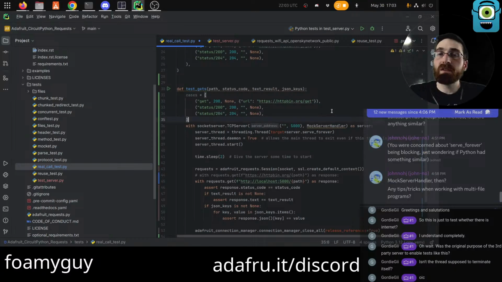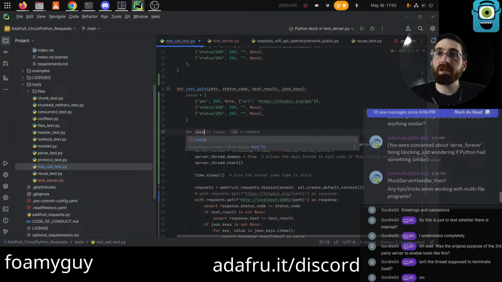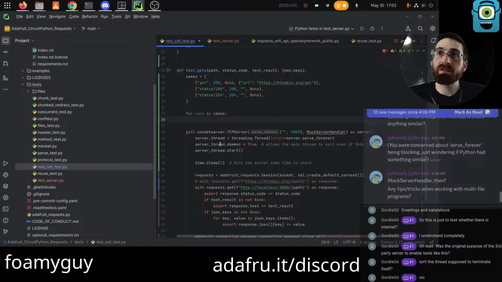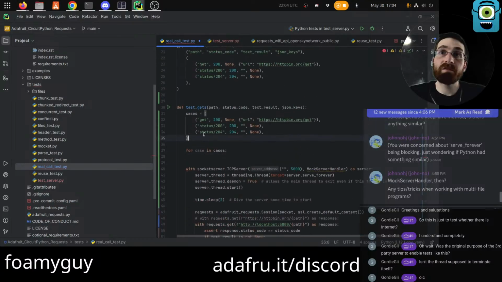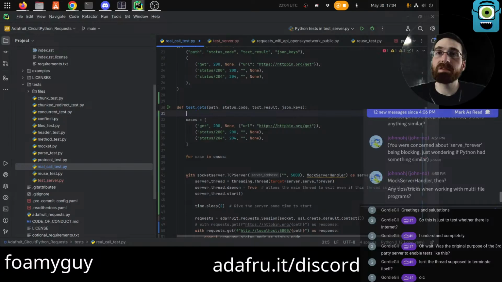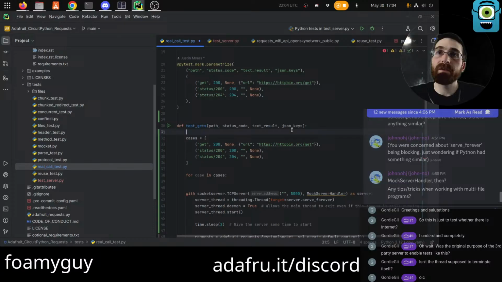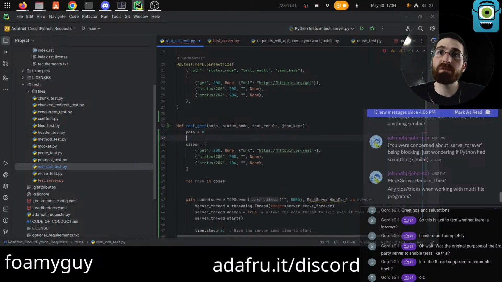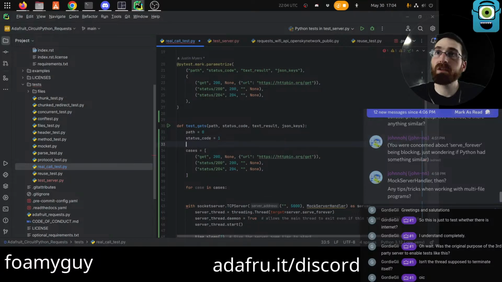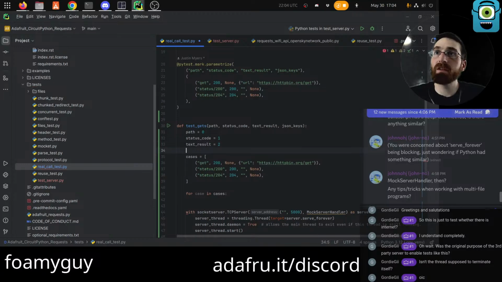And then here, we're just going to say for case in cases. And if we want to be super fancy, we could even say, I mean, this could be a dictionary if we really wanted it to be, but if we want to be super fancy, we can do something like path equals 0, status code equals 1, text result equals 2, and JSON keys equals 3.